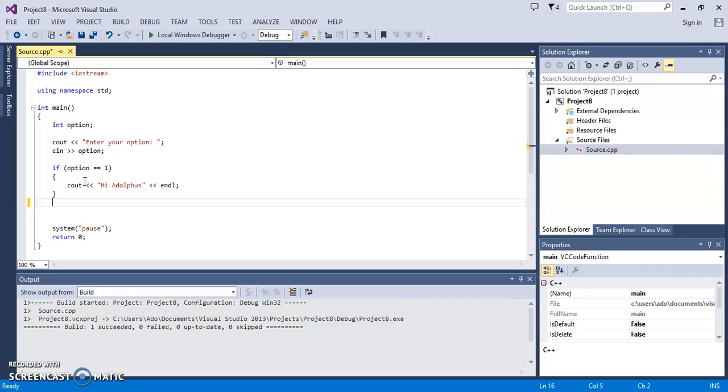Say enter your option, and then you enter 1. It writes this line of code here, hi Adolphus. Now we add another condition. Like when you press 2, it will say good job, for example. Now let's go ahead and write the lines of code, and that's where you're going to say